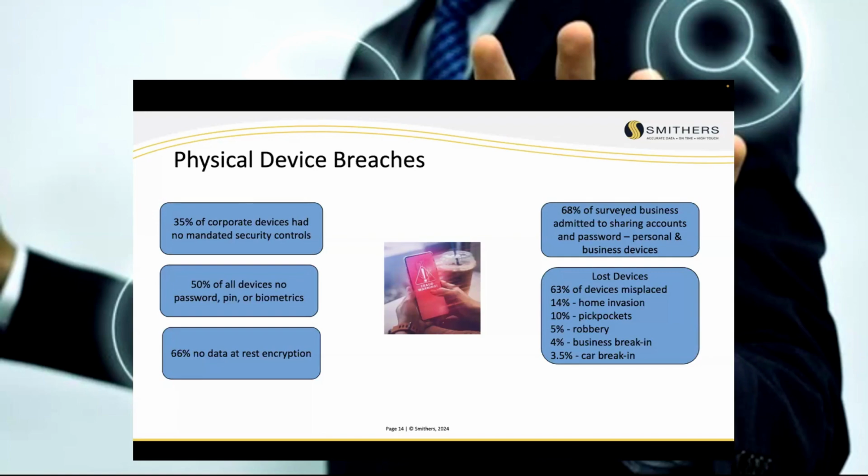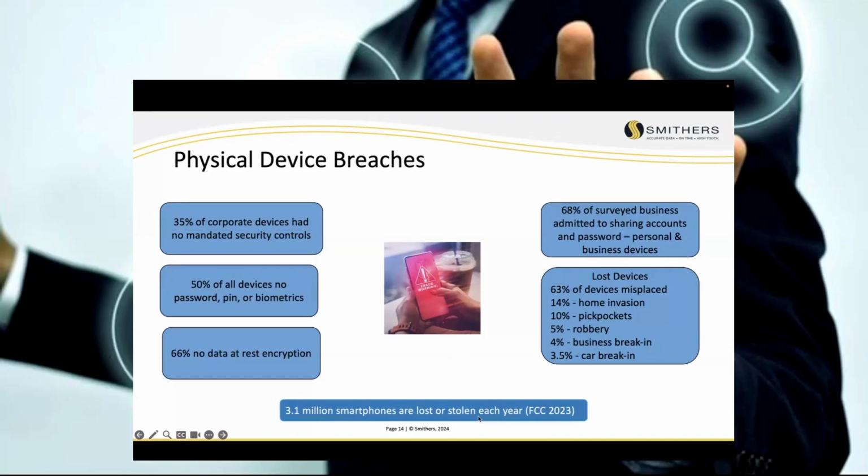Really surprised when I saw the car break-ins being so low, because so many times we hear businesses saying, oh yeah, my computer was in the back of my car. They broke into the car and they stole it. This is one of the reasons I always recommend that if you're getting a car, don't get an SUV, or if you get an SUV, have the one that has the cover that covers the back so they can't see what's in the back of the car, or get a car with a trunk, again, protecting the device. So you definitely want to, they're going to get stolen.